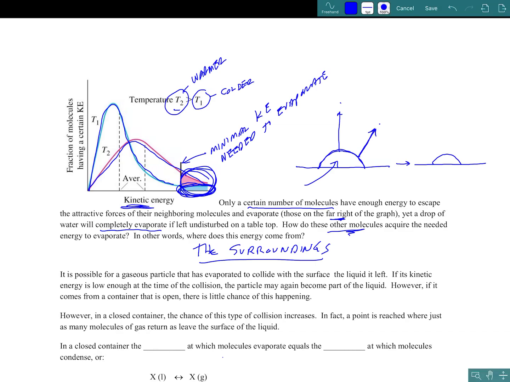So when some with high kinetic energy leave, how is that kinetic energy, the average, going to remain constant? Well, others inside this liquid have to gain some energy to keep that energy constant, and that is gained from the surroundings. I think maybe the best way to explain this is with an example that you've all experienced. Imagine, if you will,